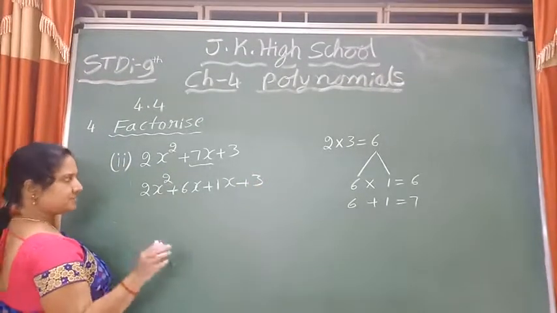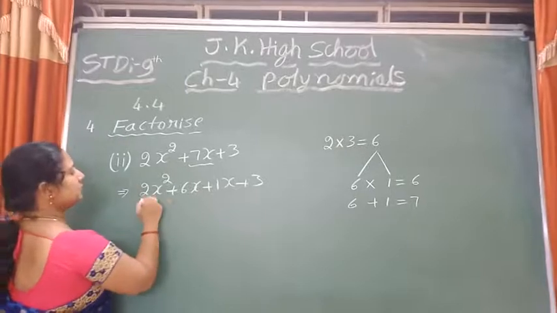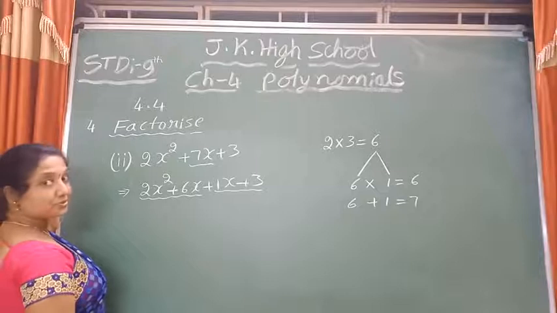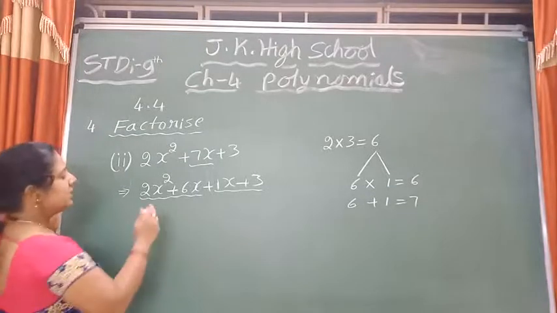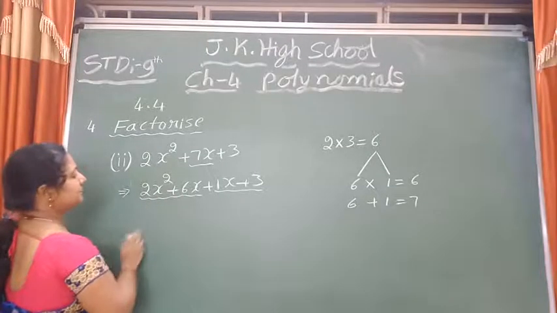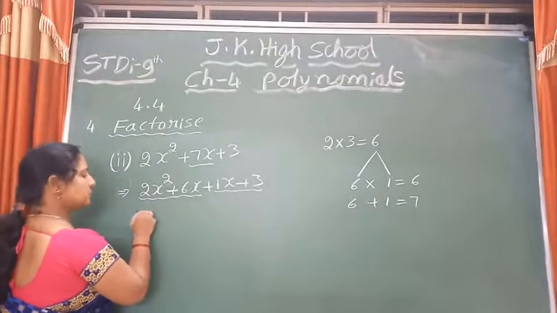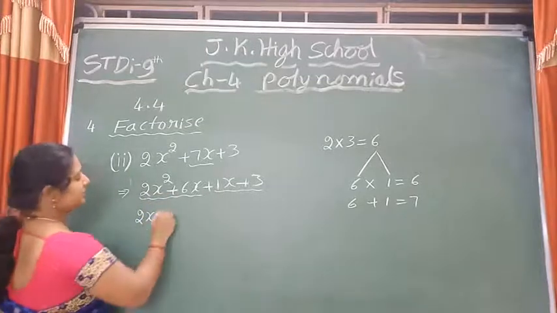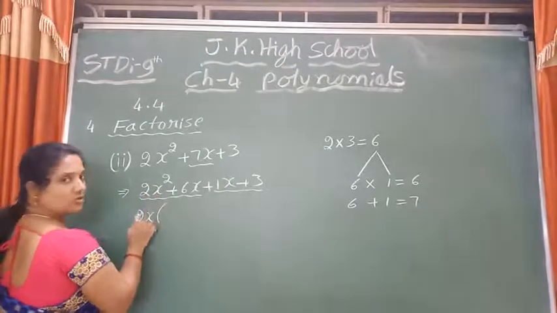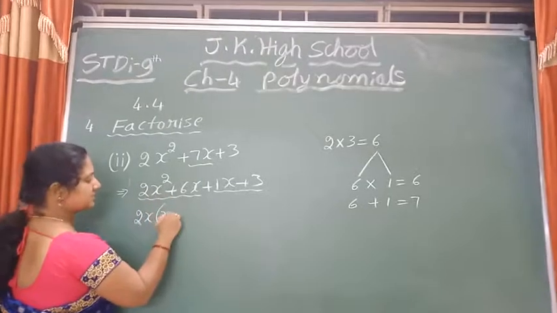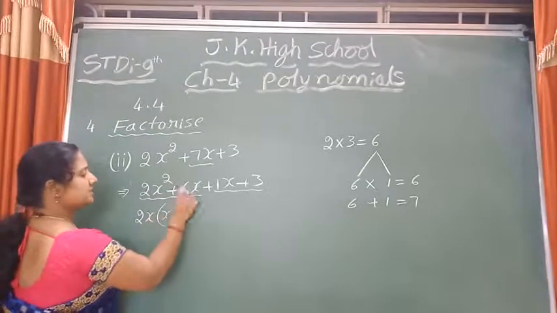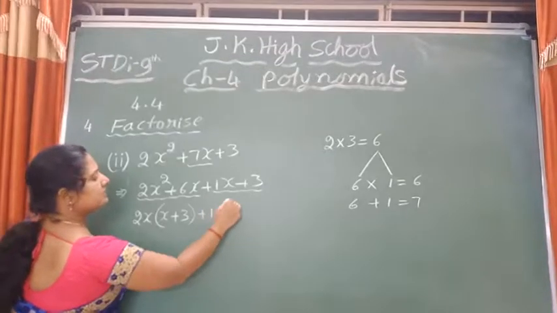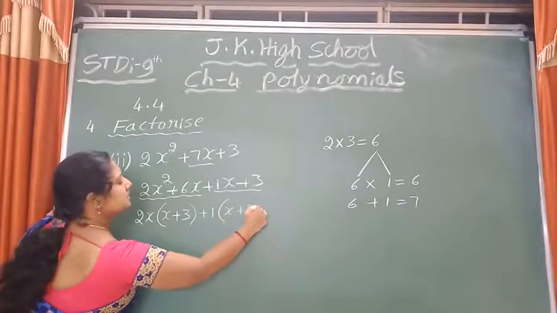After this step, the next step is the same. What you have to do is two terms grouping. After doing two terms grouping, you have to observe which is a common term in these two. 6 comes in the 2 table, so 2 is common. x is here also, x is here also, so x is common. Then 2x if I take out as a common in this term, 1x remains here. Then 2 3s are 6, 1x remains. Then if I take 1 as common, x plus 3.